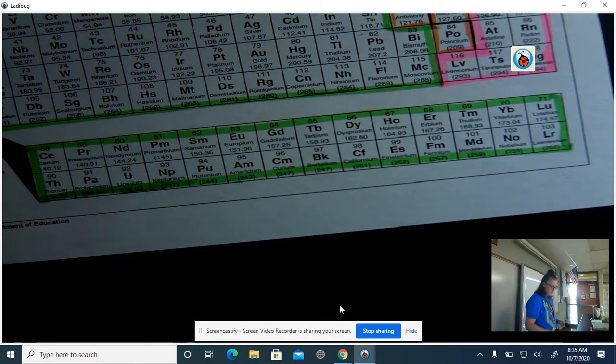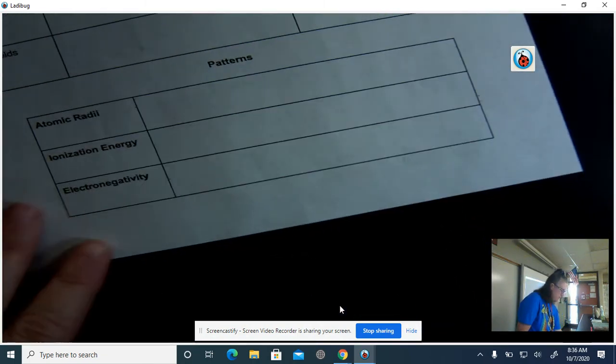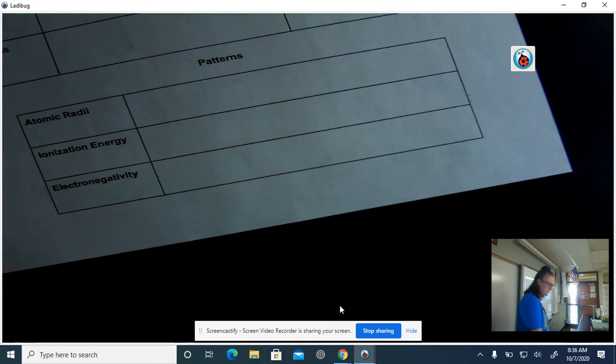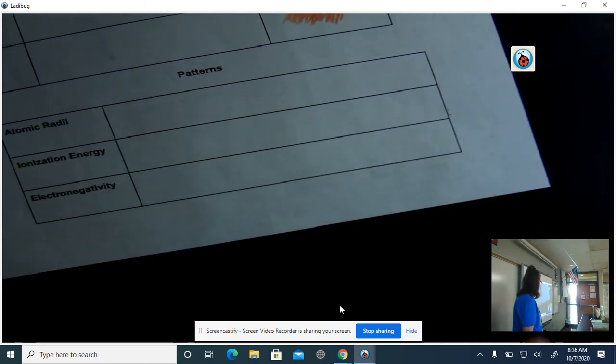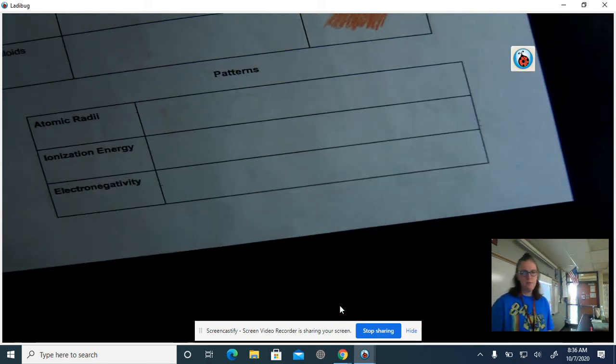All right. So there's our periodic table, okay? And by this point, you should have pretty much everything filled in. We're going to switch back over and get these definitions right here because these are patterns in the periodic table. So let's see if I can